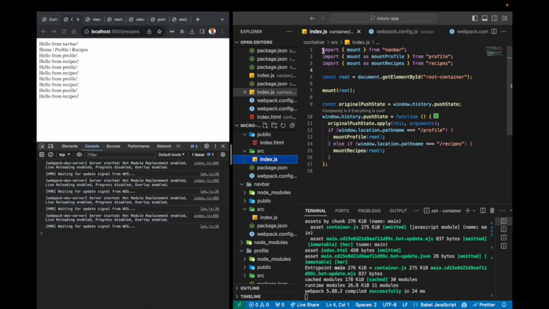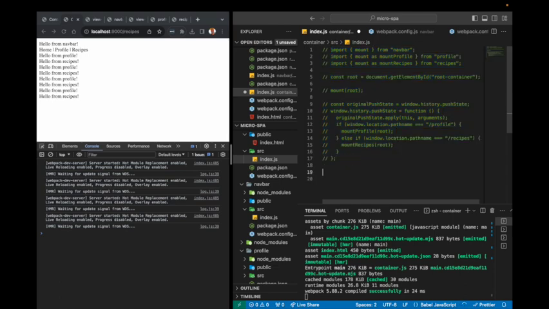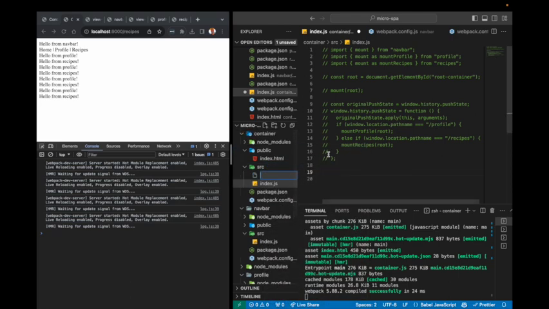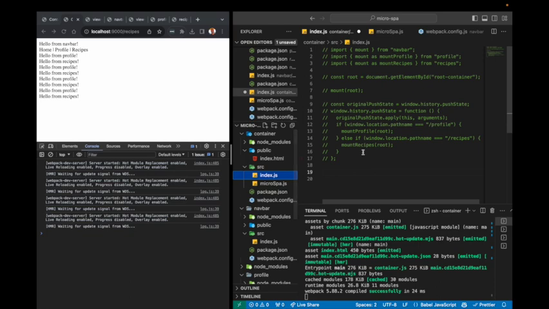We want to get something a bit more flexible, and this is where we start creating the MicroSpa library. So let me comment out this code. First of all, let's create a new file, MicroSpa, which will contain whatever function the MicroSpa application library is providing. And here we will first of all want some code to register new applications. So we can call this function, say, registerApplication